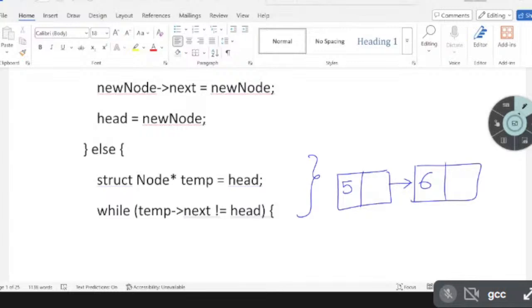So this is having some address 102, this is having 100, this is at 102, now this is null. So here struct node star temp, this was head, next this will become temporary node. While temp implies next not equal to head,